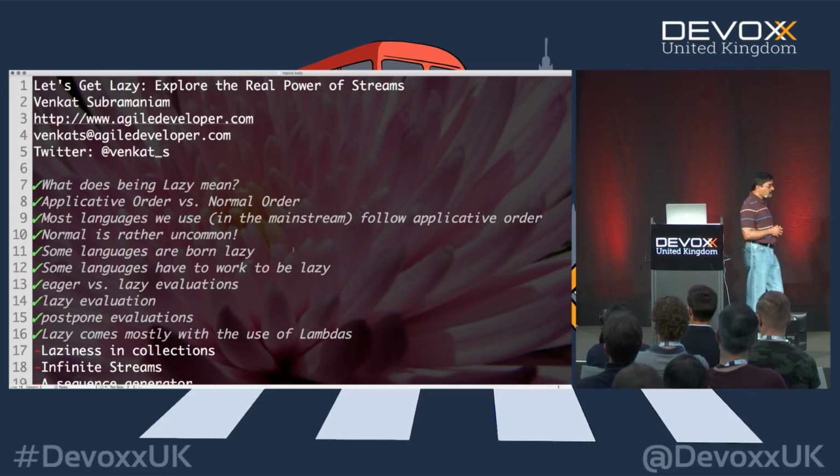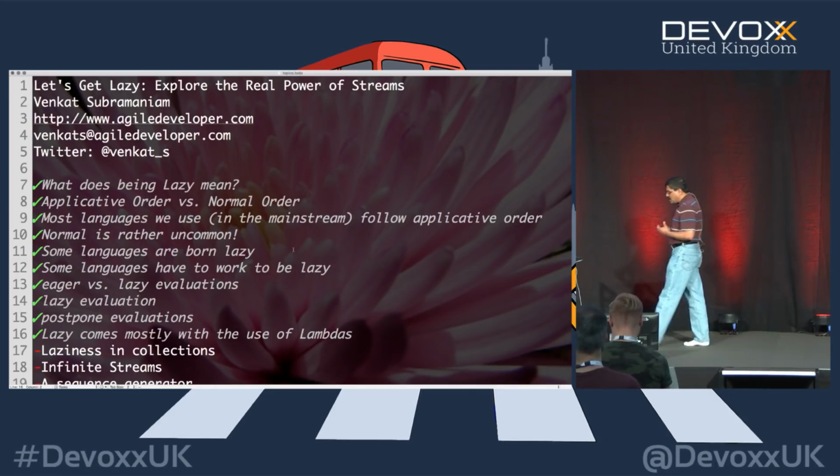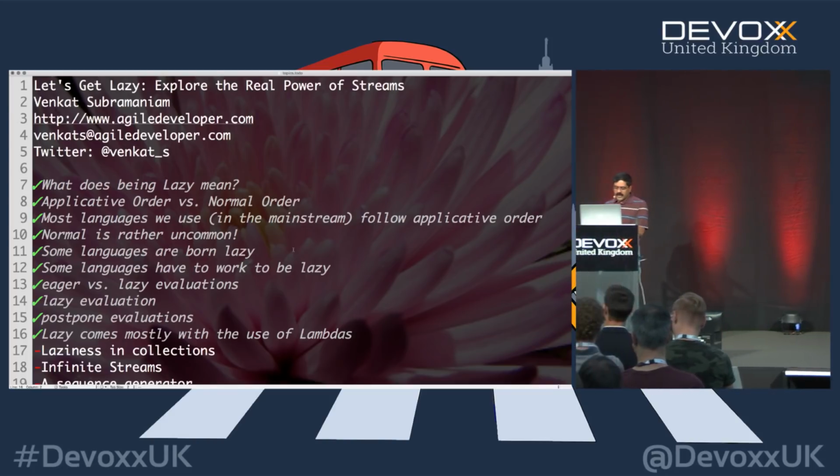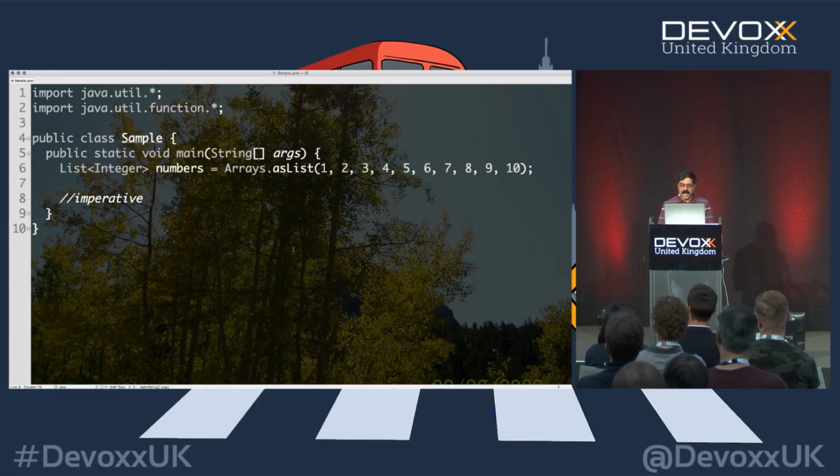Let's be careful about the tools that we use. When it comes to programming, we want to really make use of very elegant and effective tools. Let's talk about the imperative style of programming for a minute. Let's say I want to take a collection of numbers 1 to 10, and I want to find the total of, let's say, the double of even numbers. So how would I do this in the imperative style of programming?